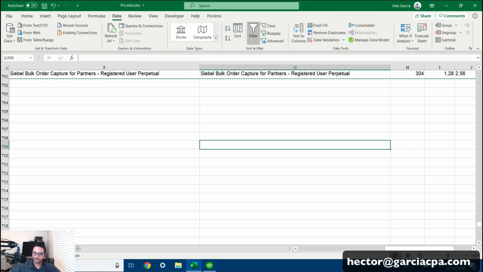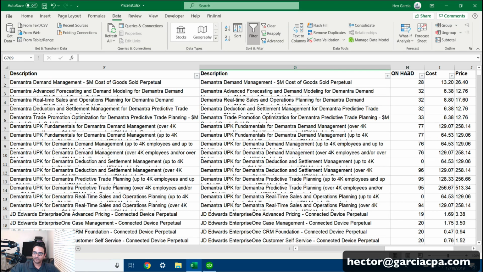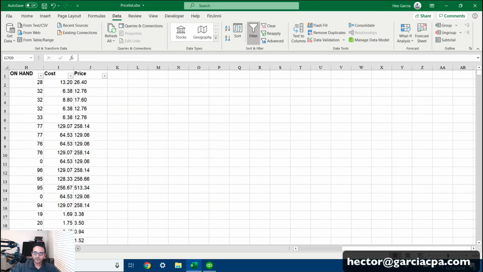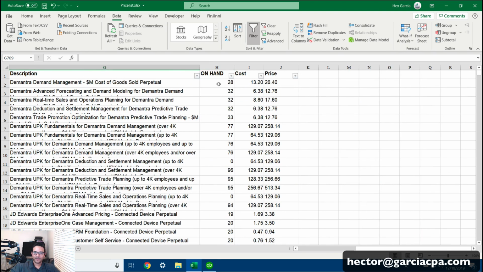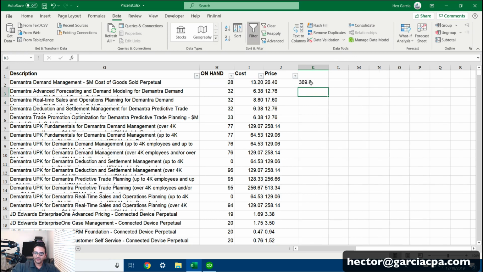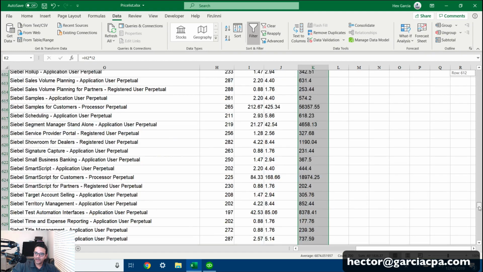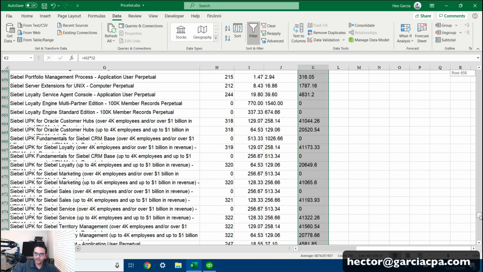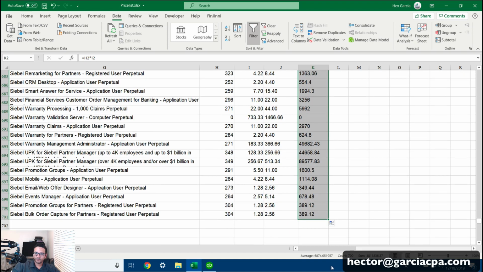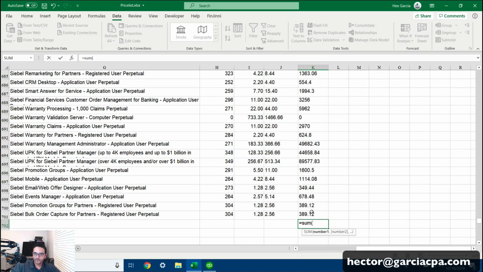Let's double check with our spreadsheet. Let's come up here to our values. So we have on hand and cost. I'm going to come here to the right and do equals, take our on hand times our cost, press enter, and then click and drag that all the way down. Then at the bottom, let's run a subtotal and see what happens. So I'll do equals sum, bring all this all the way to the top,